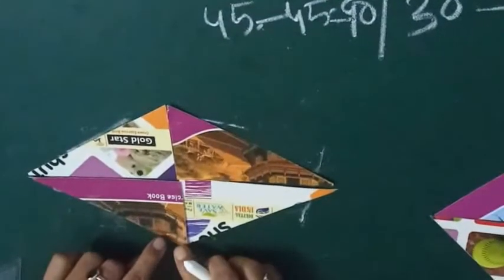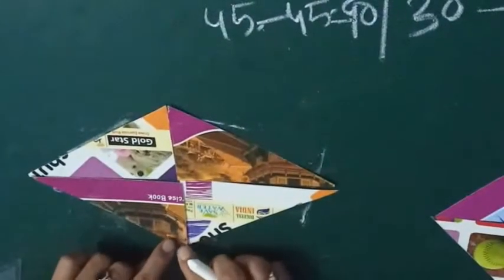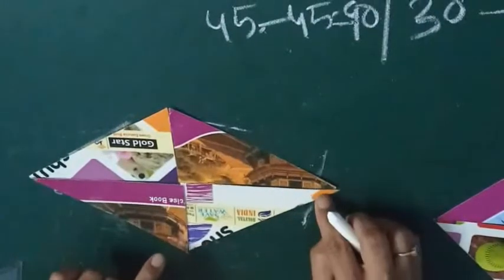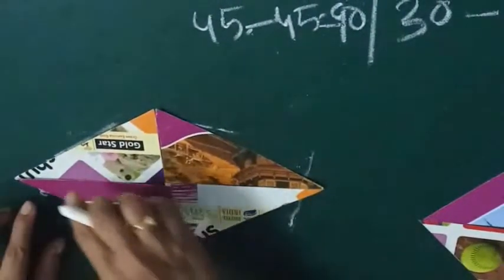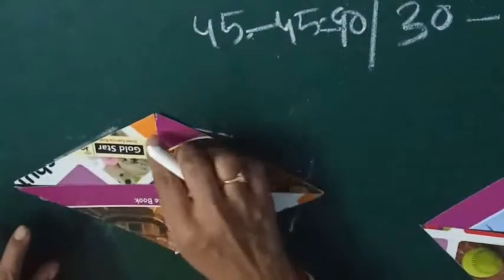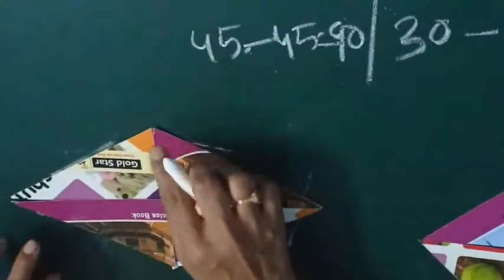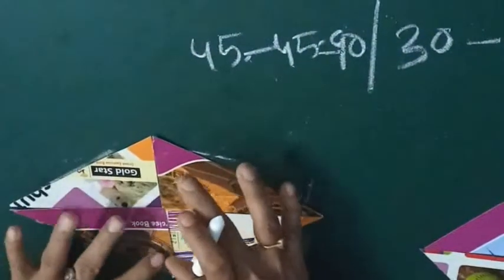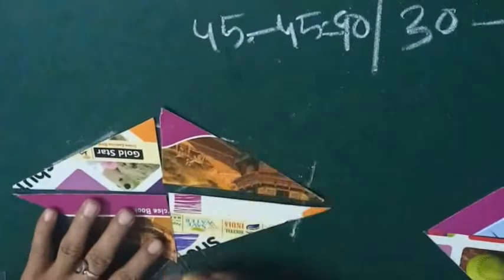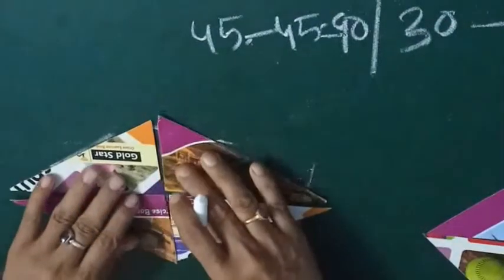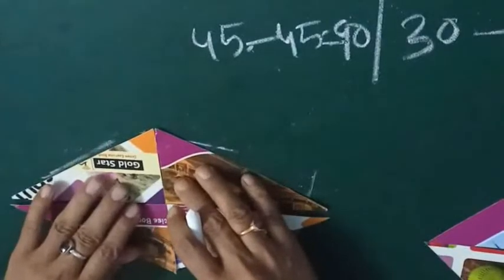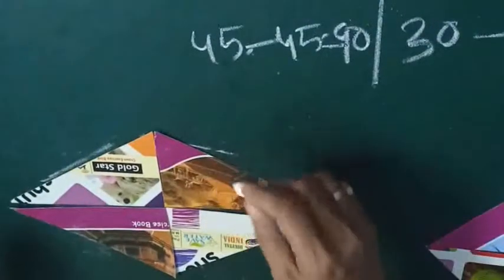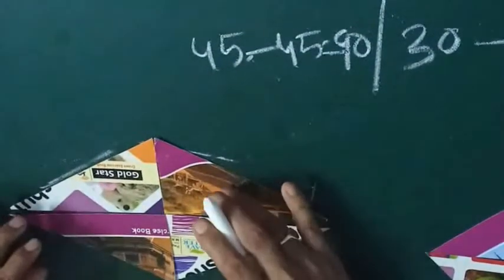Because this angle, we know, was 60 degrees for this set square. These two are 60, but here these two are 30, 30, 60. Here it became 120. Here also you can see this is 30, 30, 60, but here it is 60, 60, 120. So in this quadrilateral I have shown you that none of the angles is 90 degrees, but all the sides are equal, and all the opposite sides are parallel also.